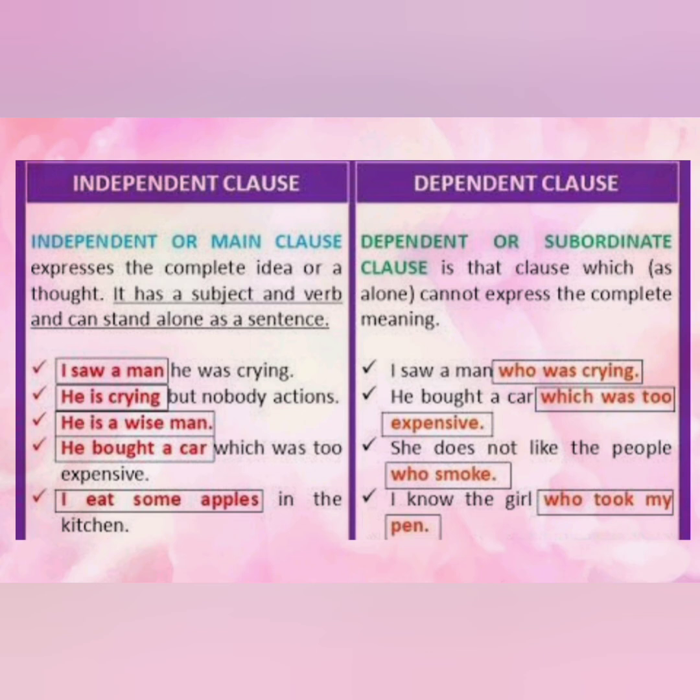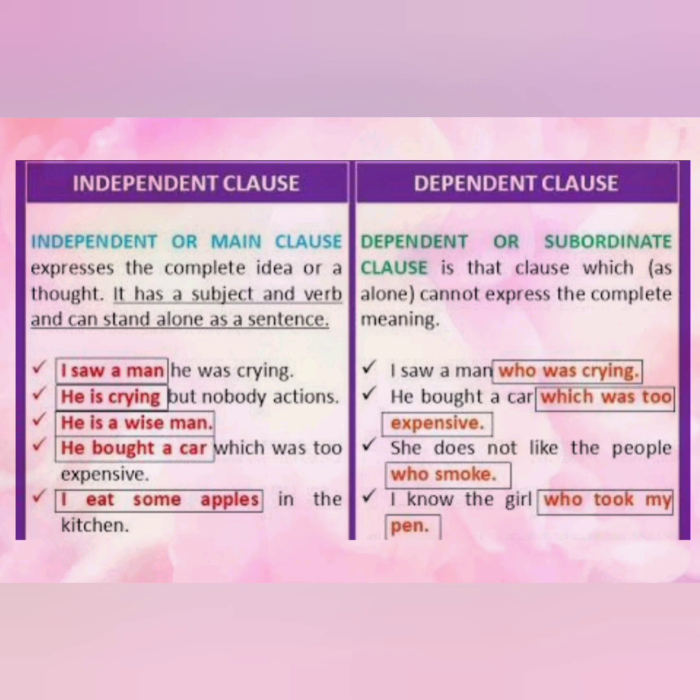It has a subject and a verb and can stand alone as a sentence. इसमें एक subject है, एक verb है और ये अकेला as a sentence खड़ा हो सकता है. So that is called the independent clause. On the other side, the dependent or subordinate clause is that which cannot express the complete meaning. ये कभी भी complete meaning show नहीं करता है. अपने meaning को show करने के लिए every time it depends on the principal clause.